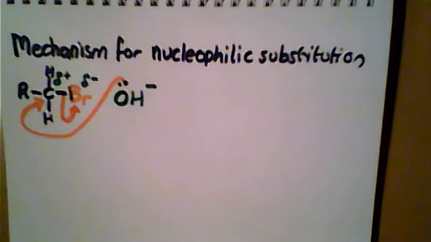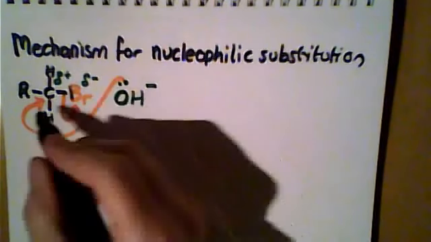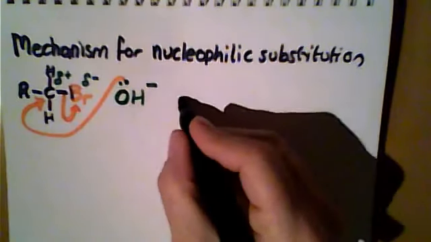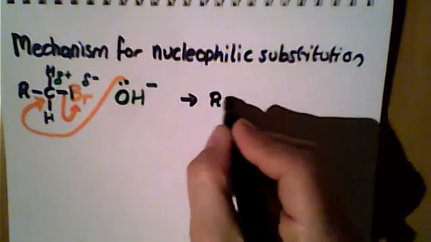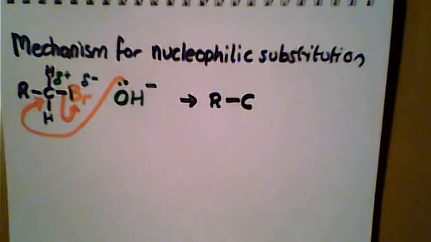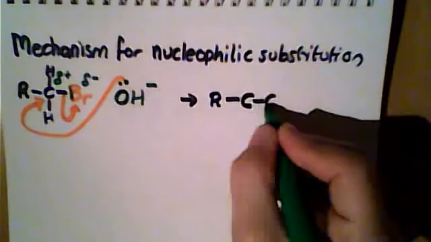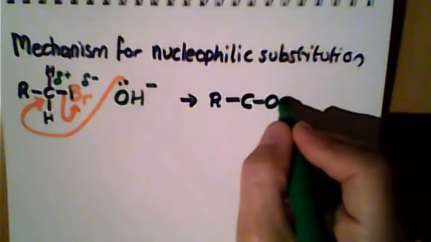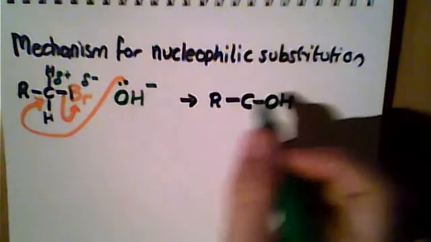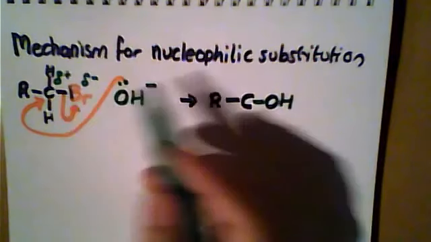The bromine is known as the leaving group, and because the hydroxide ion is coming in here with a lone pair of electrons, which is now forming a bond with the carbon, I'm going to represent this new bond as an OH, and notice it's lost its negative charge because it's now donated the pair of electrons to that